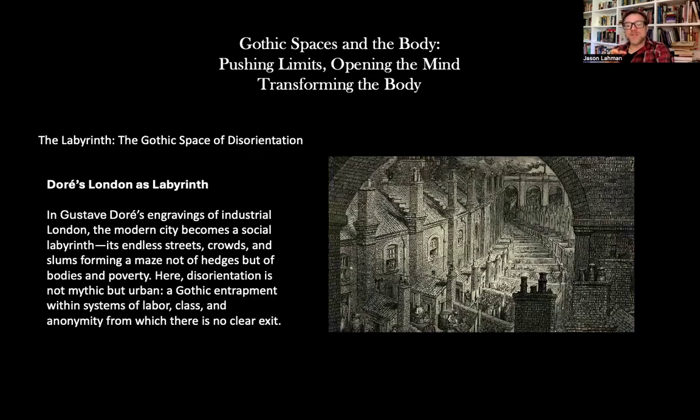And so much of this has to do with thinking about London as a kind of very dark labyrinth, right? I mean, everything from this image, which comes out of Gustave Doré's incredible illustrations for the text called London, and we're going to be talking about that book in great detail. But also just thinking about something like Jack the Ripper and the Whitechapel murders, and this idea of London as labyrinth, where monsters await us,